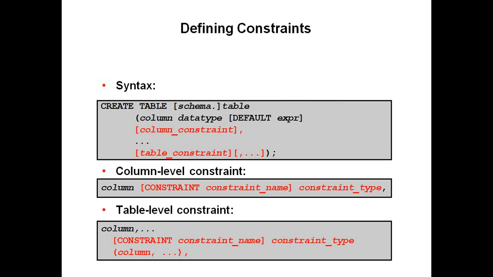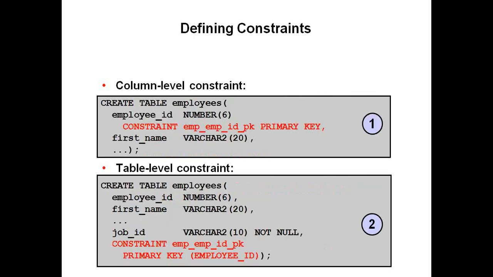So this is the syntax we are going to follow for constraint. Now I will directly jump into the example. This slide shows you the difference between specifying a constraint at column level and specifying the constraint at table level. So basically in column level constraint what you are doing is writing create table name, then opening a bracket, writing the column name and then declaring the data type and its value, and immediately after this column you are defining a constraint, giving the constraint name and saying primary key. So when you look at this particular example,